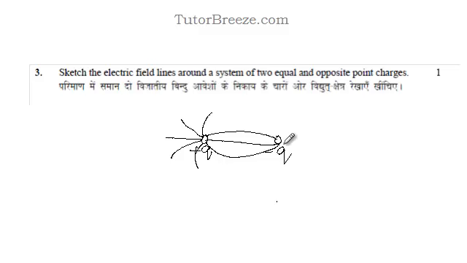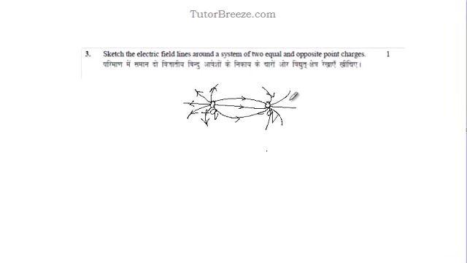This is seemingly a very simple question, but you must practice drawing the field lines, otherwise you'll find it difficult to draw it in an exam. So the electric field lines are from the positive to the negative charge, outward from the positive charge, and inward for the negative charge. You can just think of this mentally, like you have field lines in this way, and like this. So these are parts of those incomplete field lines.